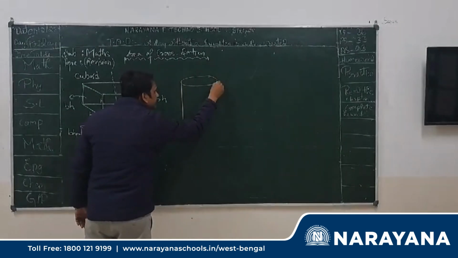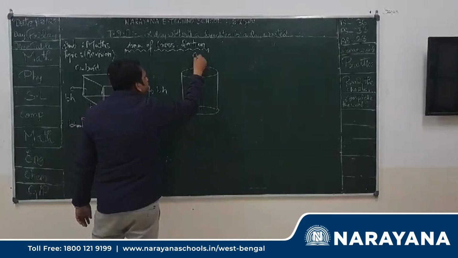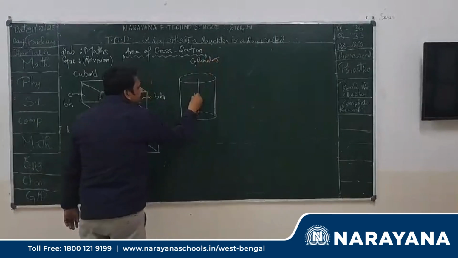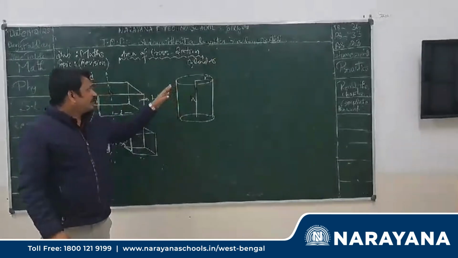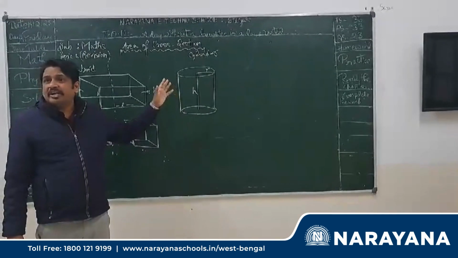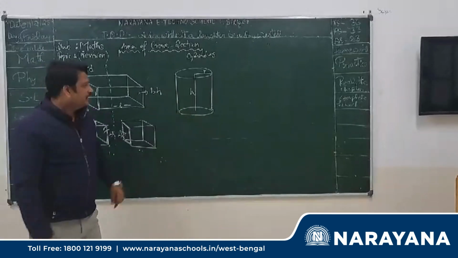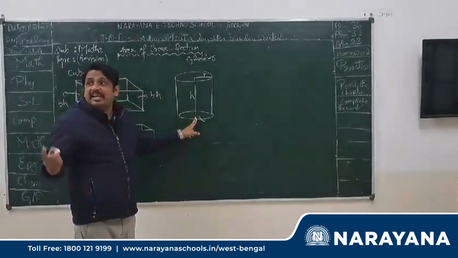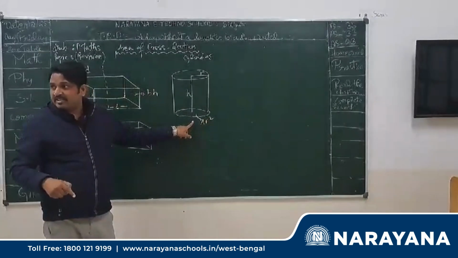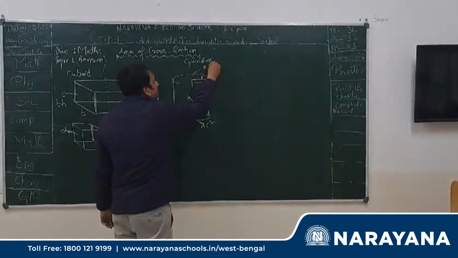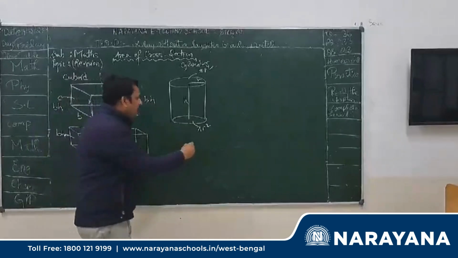Okay. Now listen, one more thing. Suppose I am drawing a cylinder. This is our cylinder, this is our height and this is our radius. Now, can anyone say what its ends are? What shape are you getting at its ends? Circle. Sure, circle. That means we have two circles. Then what will be its area of cross section? The lower one is a circle, so pi r square, and the upper one is also pi r square. So what is the combined area? 2 pi r square. Correct.